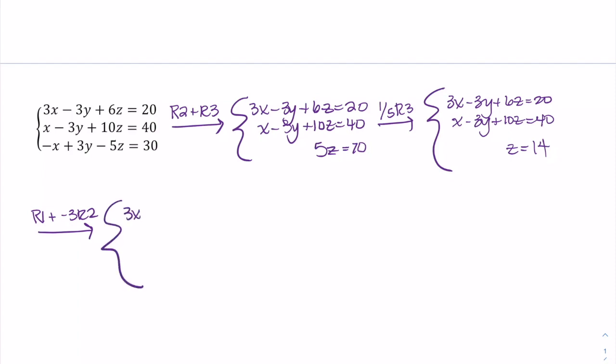So row 1 stays the same. Row 2 is now going to become this combination. So if I add the 3x and -3x together, they cancel. -3 plus 9y is going to give me 6y. 6 and -30 is going to give me -24z, which is going to be equal to